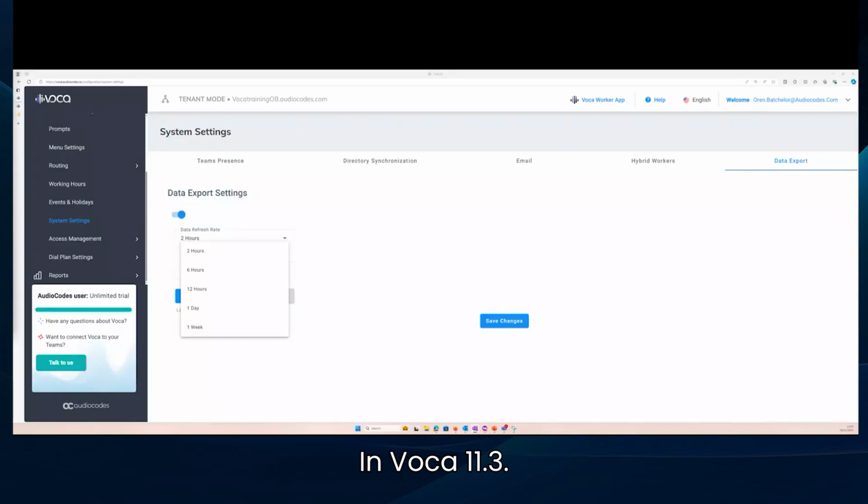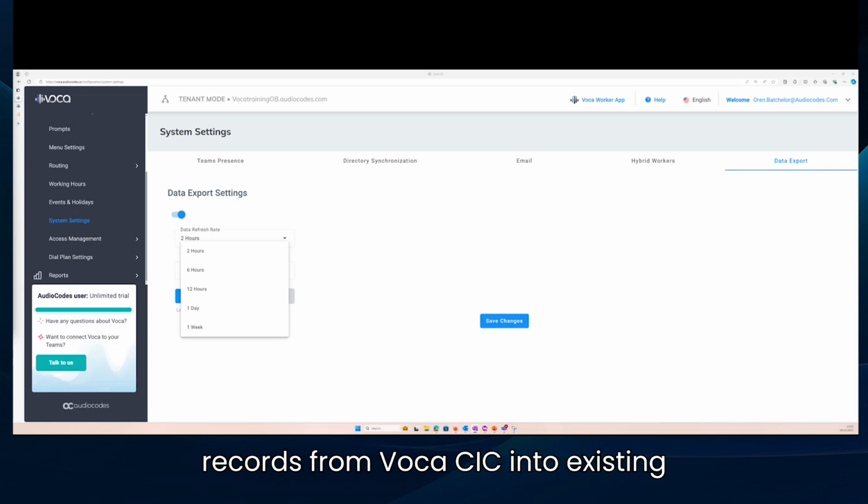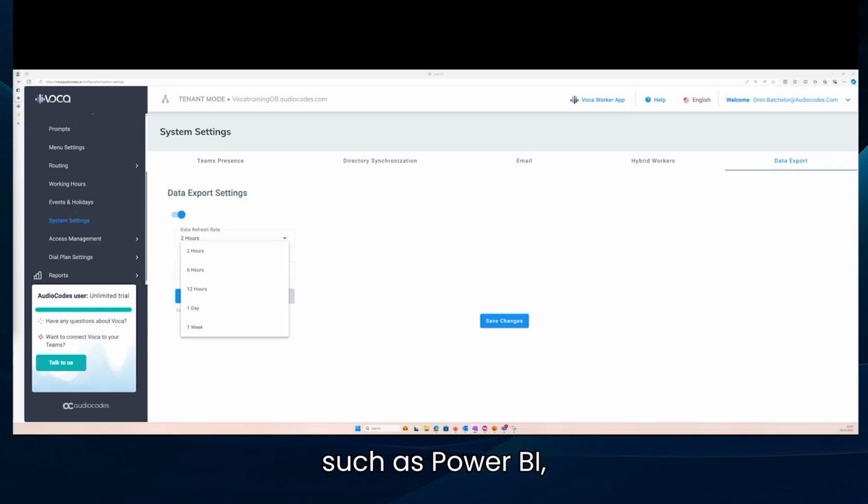In Voca 11.3, we have introduced a new feature, which is create custom historical reports over API. In the Voca admin interface, a tenant administrator can automatically pull interaction records from Voca CIC into existing business intelligence tools, such as Power BI,